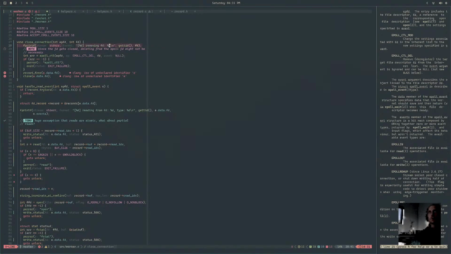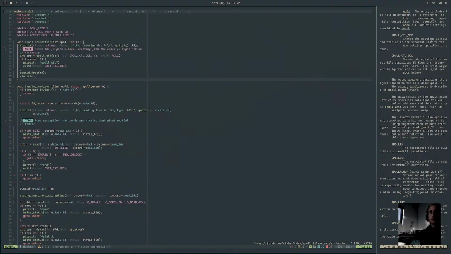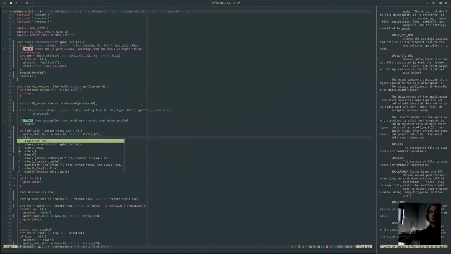So we're removing the FD, call delete. If there's an error deleting it from there, then we blow up. And then we free the record, and then we close. So I think that's what we need to do here. So this will be close connection from